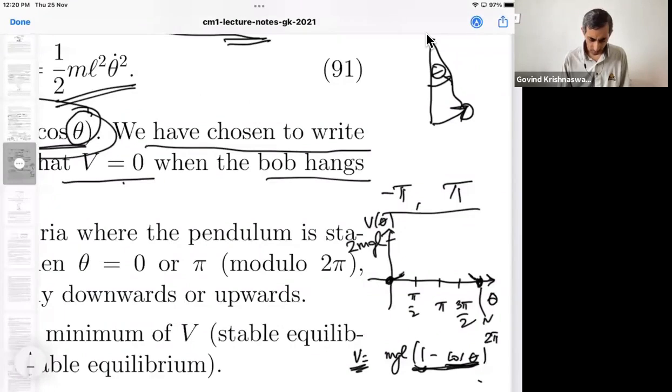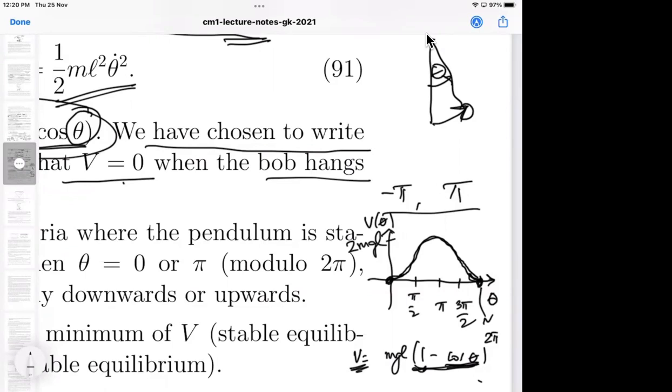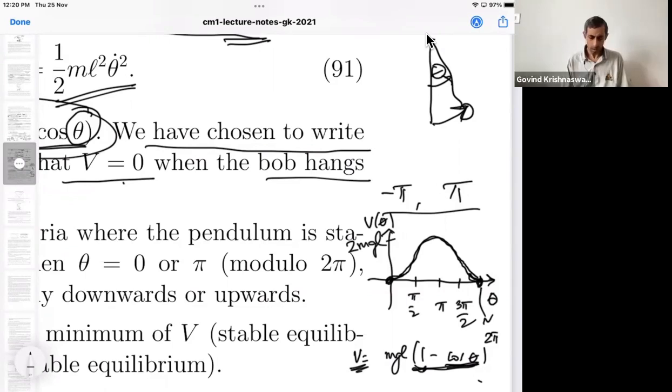So here we are. Let me finish the graph. I think I have it. Do I have it right? Do you agree with me? Because you are welcome to correct it if I have it wrong. Yes, sir. Looks all right. Okay, thank you. So that's where it is maximal. So it has a trough here at both ends.